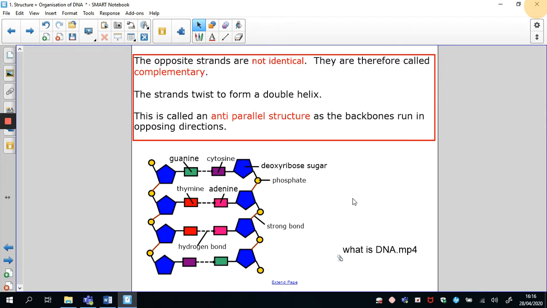Okay, so that video also spoke about something that you know about from Nat 5, which is the base pair rule. So if we've got a guanine, we'll have a cytosine that pairs up with that. And if we've got a thymine, we'll always have an adenine that pairs up with that. Now, I always remember it as